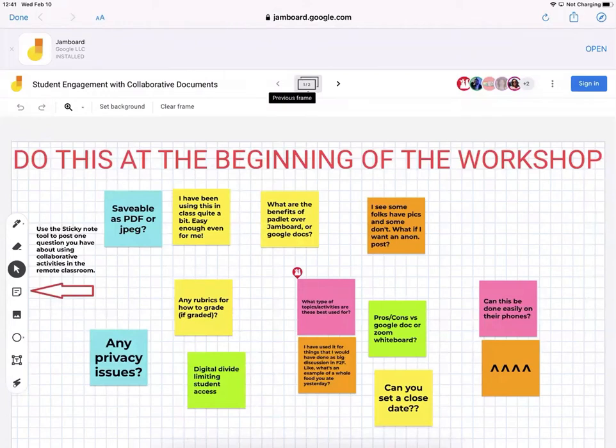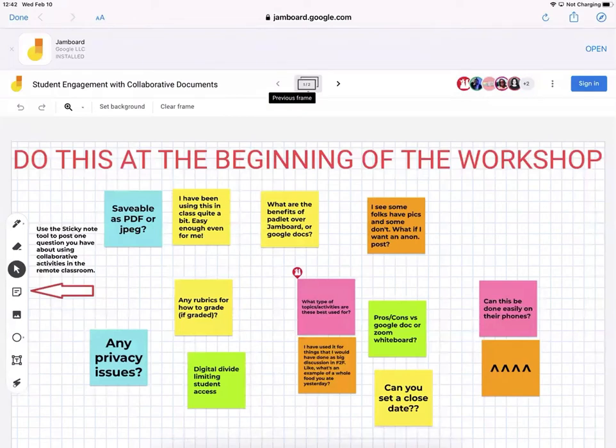technical problems. But with these collaborative documents, I can see what they're producing as they're producing it, right? And so it's a way to monitor their progress and work. And if I see one group where the Jamboard's just blank for like 5 minutes or so, then I'll jump in there and ask, okay, what's going on? You guys are having some trouble, and we can talk about it. So I found it a really nice way to resolve part of that problem of me